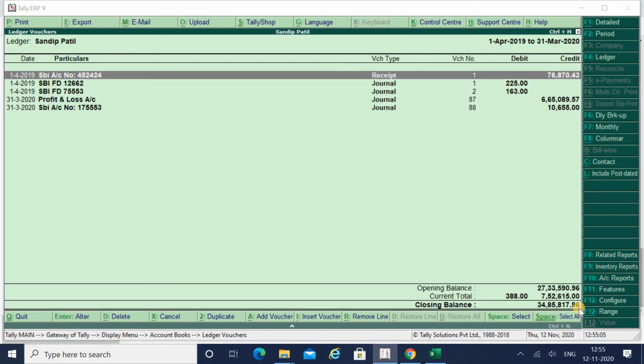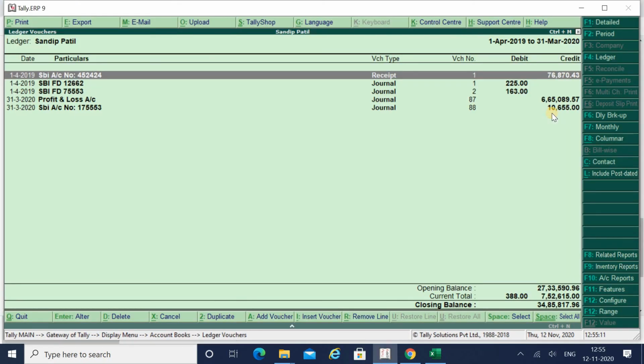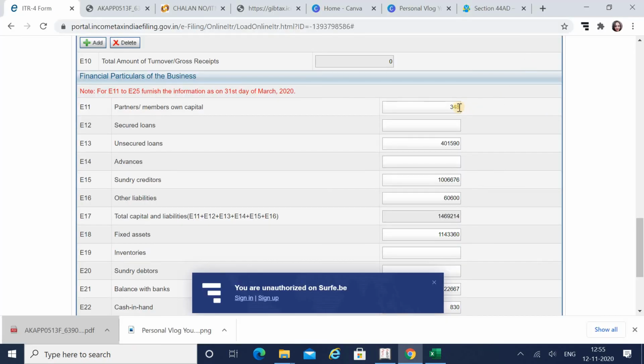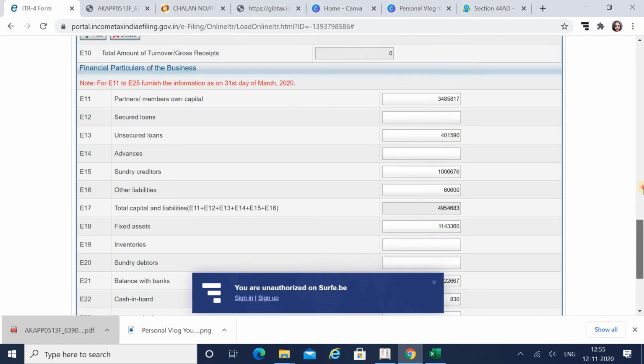It is 34,85,817. My balance is 34,85,817.96, but we will confirm whether our balance is matching or not. So total asset is okay.